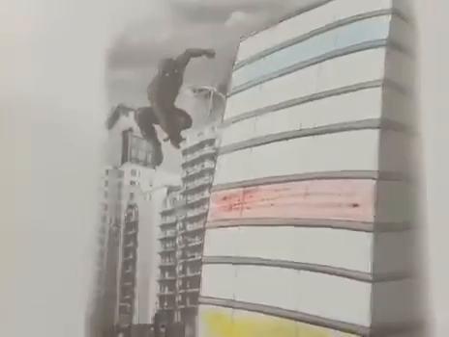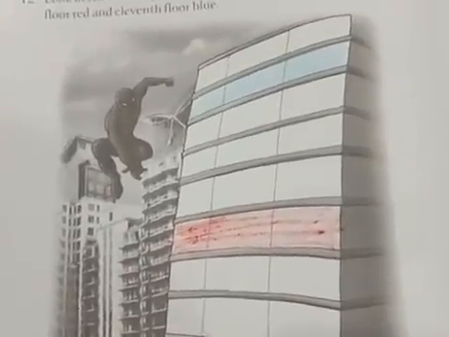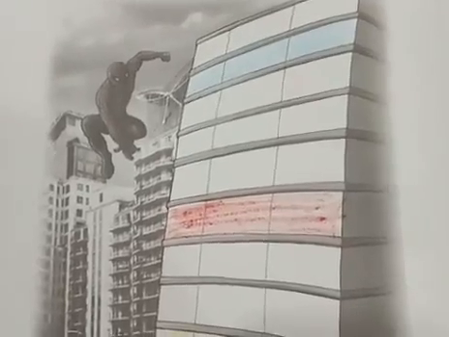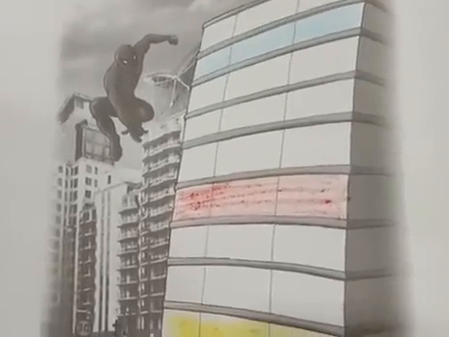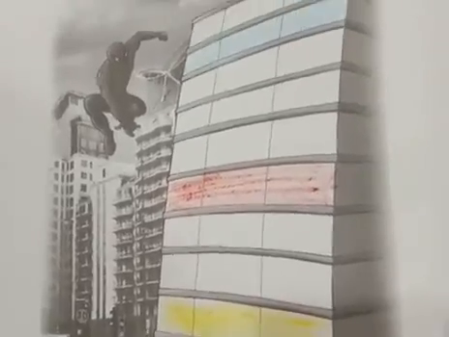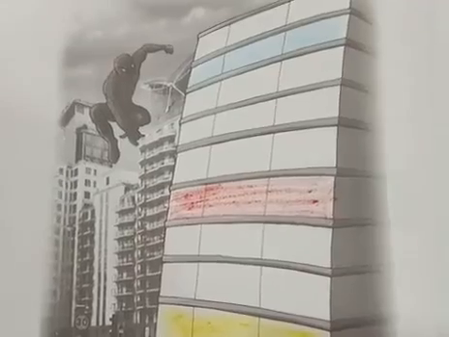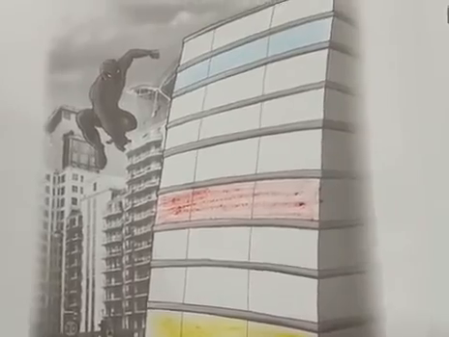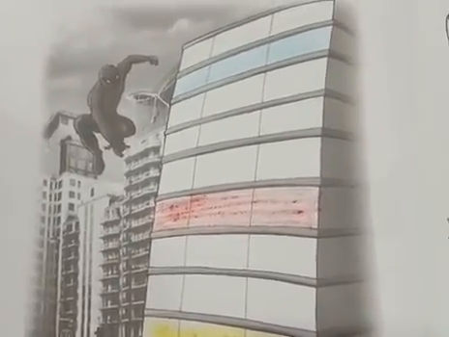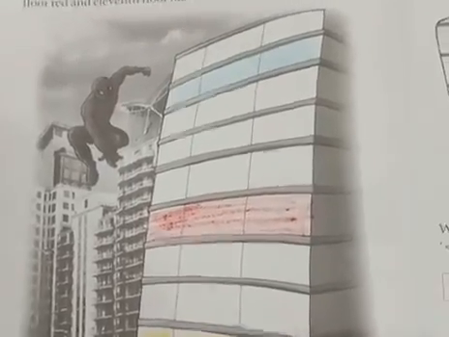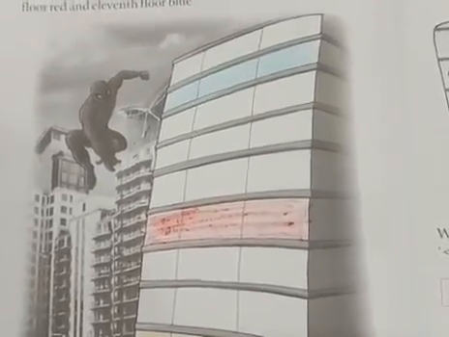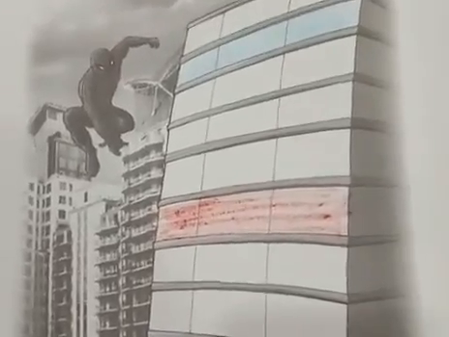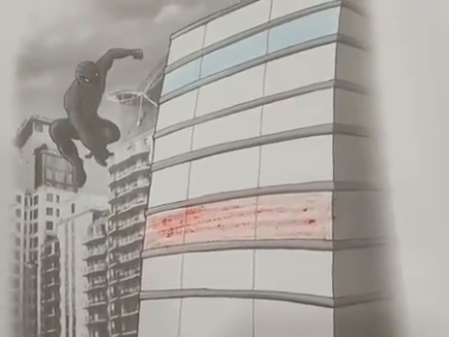Now come to next question. Question 12. It is very interesting. Look at the following building. Color the 4th floor yellow, 7th floor red, and 11th floor blue. You have to color the 4th floor. First, second, third, fourth. See, 4th floor I have colored yellow. Then 5th, 6th, 7th. 7th we have to color red. Then 8th, 9th, 10th, 11th. 11th floor we have to color blue.